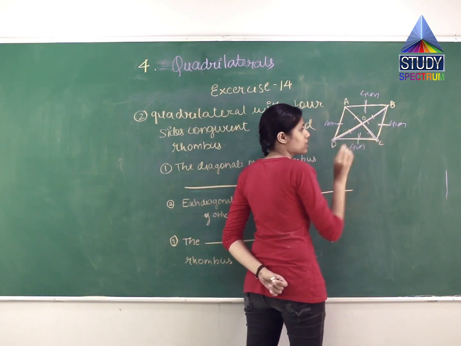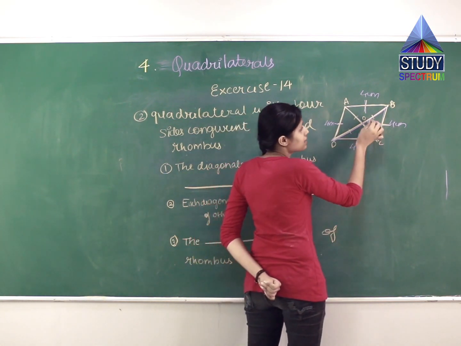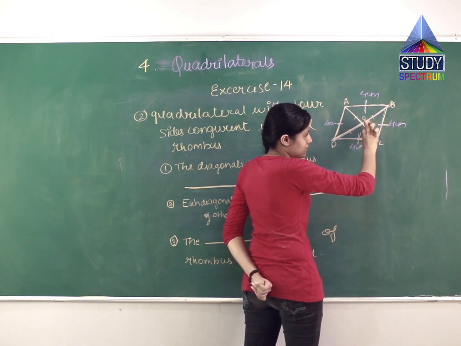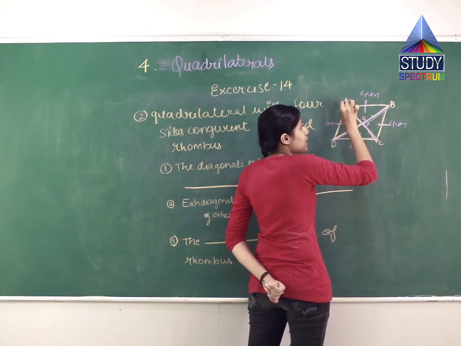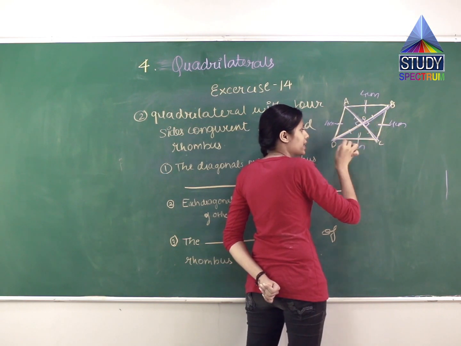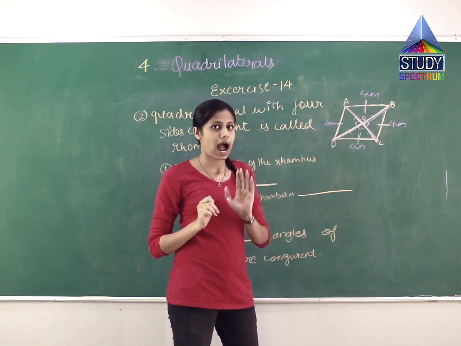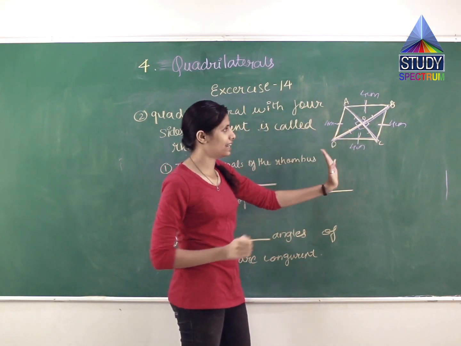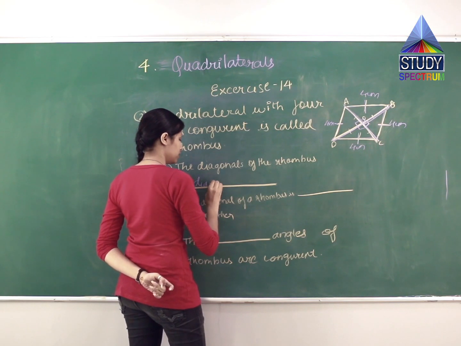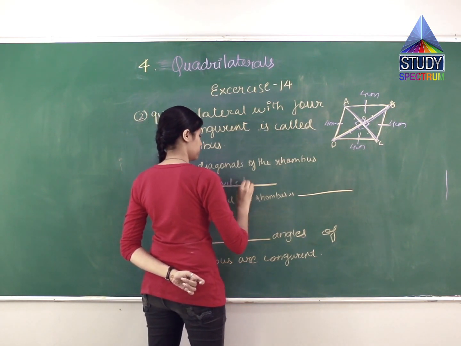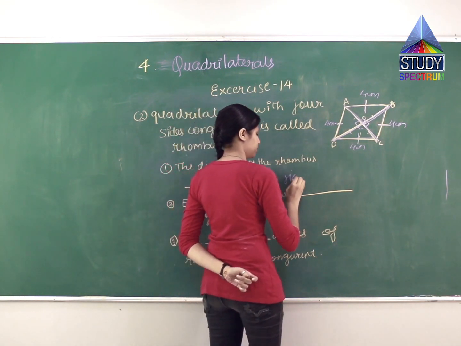In rhombus and square, there is also another property which says that the diagonals are the perpendicular bisectors of each other. It means the angle ABC is 90 degrees and the angle AOD is also 90 degrees. The angle AOB is also 90 degrees and the DOC is also 90 degrees. The angles formed by these bisectors are 90 degrees, which represents straight lines cutting each other. So it is: diagonals forming right angle.